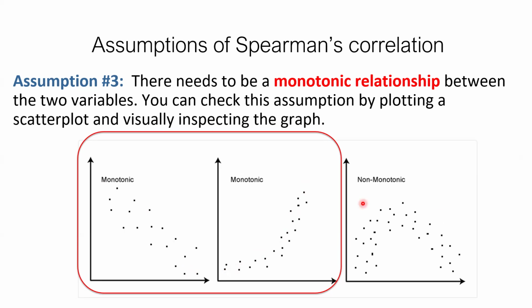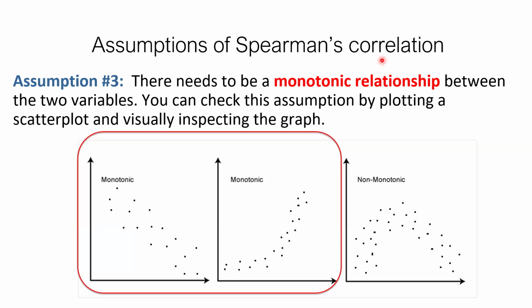The third figure that you see here is non-monotonic. Basically, it's non-linear, non-monotonic. Non-monotonic because what we see here is that there are two trends. So from this side, from the left, as we go to the right, the trend increases. From this point forward, it starts to decrease. So it's not monotonic anymore. So what we want is a monotonic relationship existing between the two variables for the use of the Spearman's correlation.